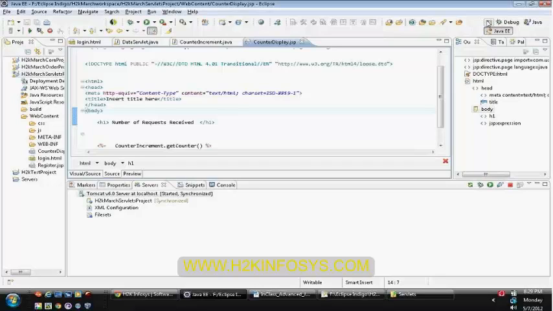So in the servlet case, we are going to use a servlet filter, which will verify each client request or response.